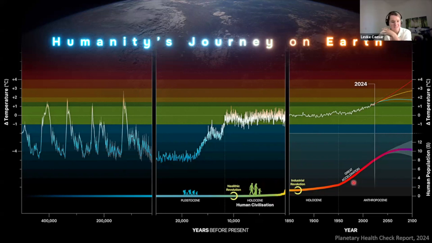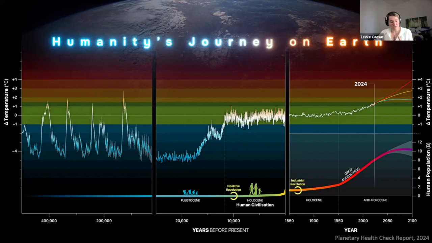And it's around 1750, with the beginning of the Industrial Revolution and subsequent advancements in agriculture, medicine, and sanitation, that humanity's population began to grow really rapidly, from 1 billion in like 1804 to over 8 billion today, establishing ourselves basically by now as the main driver of planetary change.